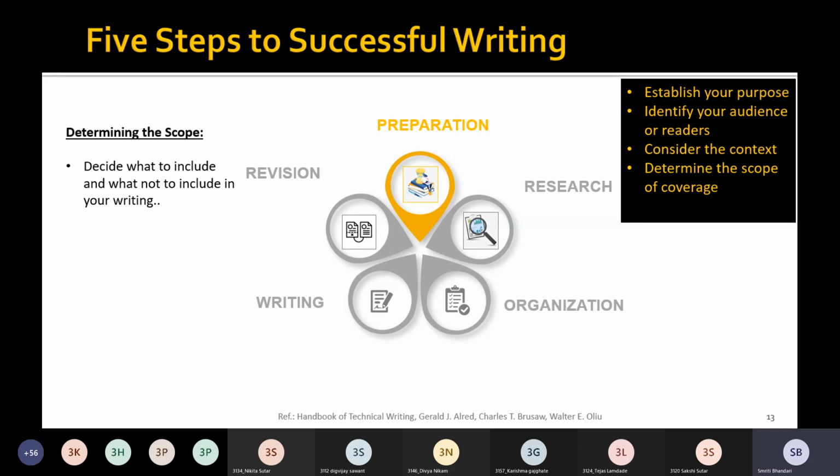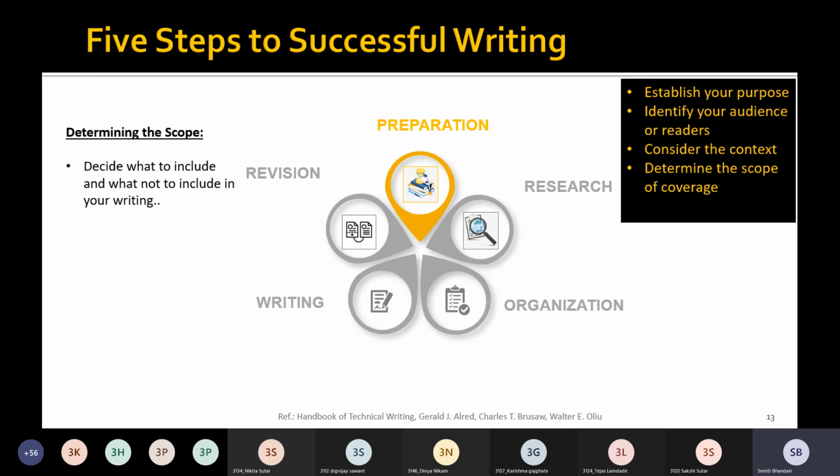So these points need to be included in our scope. Information related to these points needs to be provided. And this scope is determined because we have various readers who are interested in this information, right? So we are limiting our scope to this information because we know who is going to read that particular report.